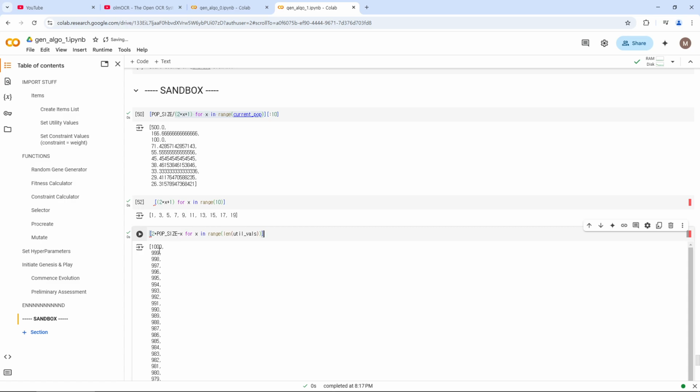The next one 999, the next one is 998, 997. So it decreases by 1. So this way, the first one is not that much more likely to be picked as one of the parents compared to the second one or the third one, or all the way down to the 100th one,